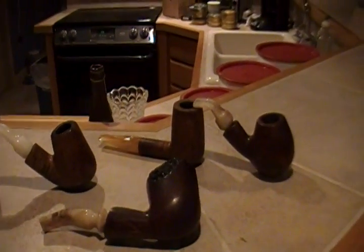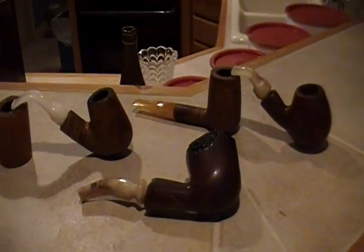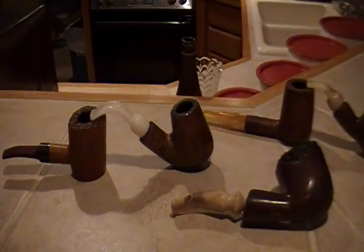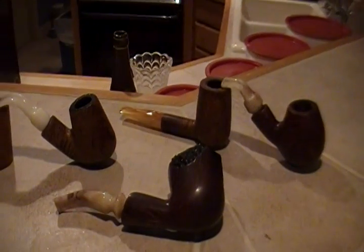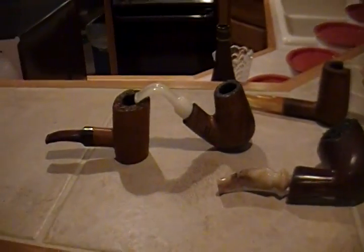Alrighty. I have them laid out here very gingerly. Gingerly indeed. These are all pipes that you've seen before. Some have been recent MVPs, and one or so have not been seen on Friday Night Pipes for some while. But over here,